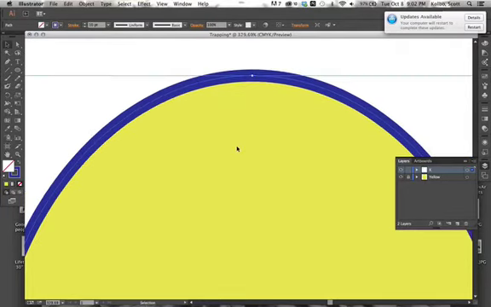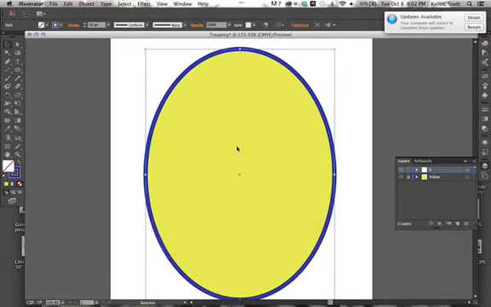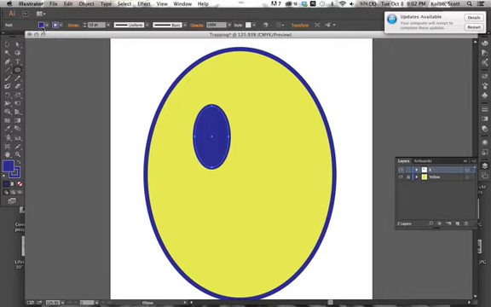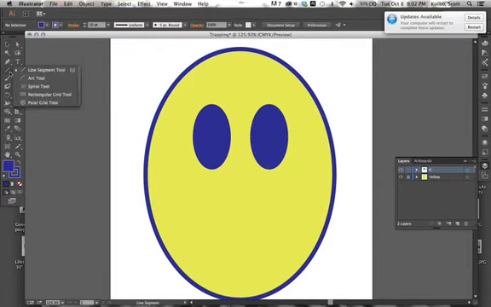But if I was going to do this kind of a print, I would definitely compensate for the trapping, and then maybe, as long as I'm on the yellow or on the black one, I could make my classic eyes here, and I'd fill that with the same color, and I could even just select that guy and copy it, and then use the arc tool here, right? And I could make some kind of